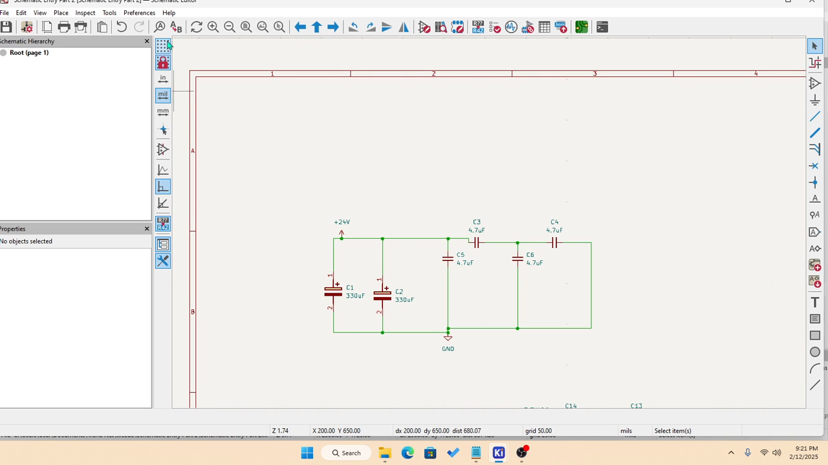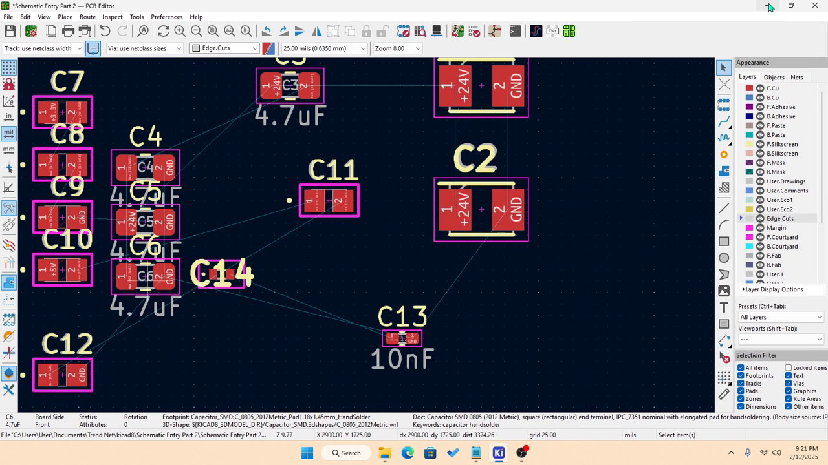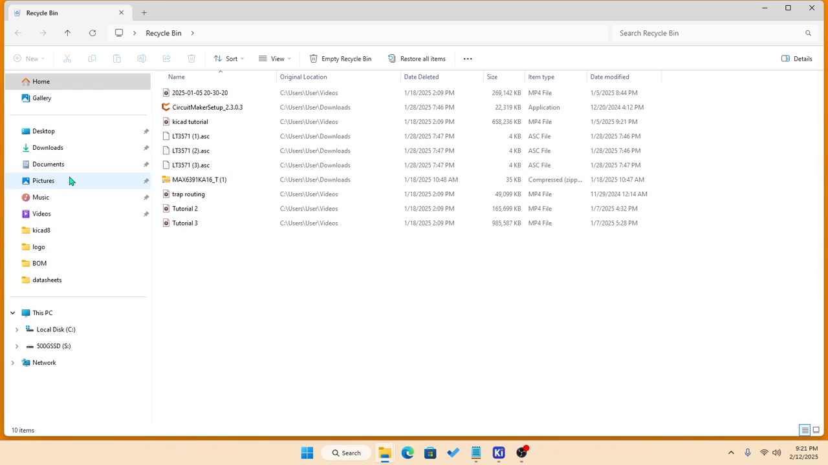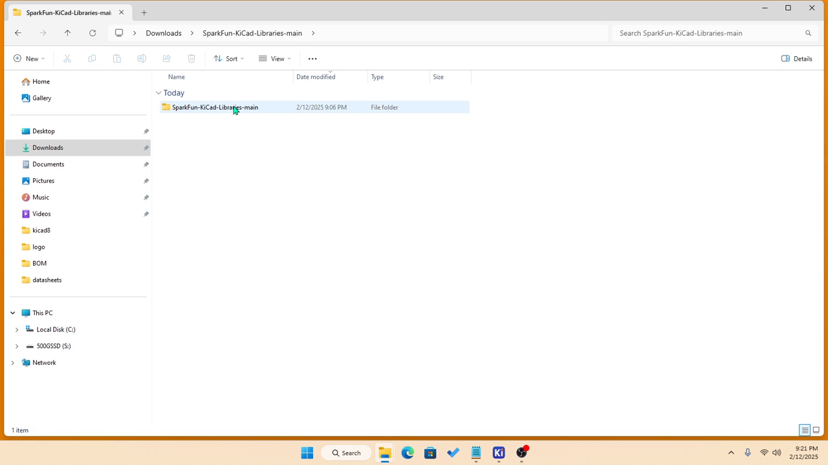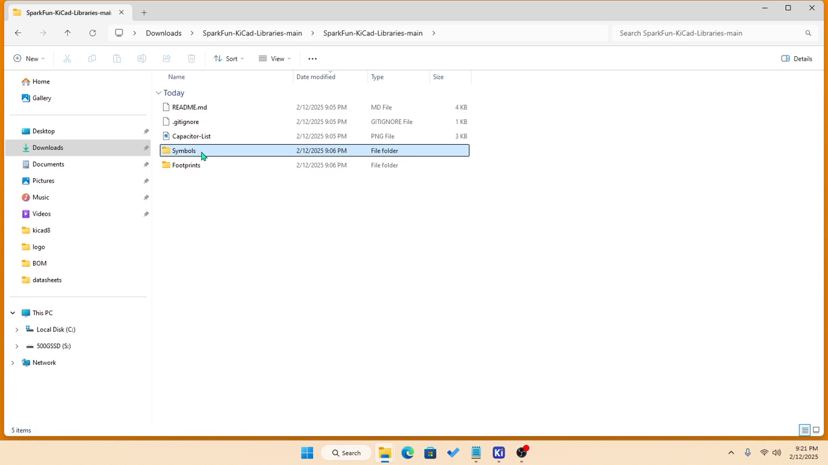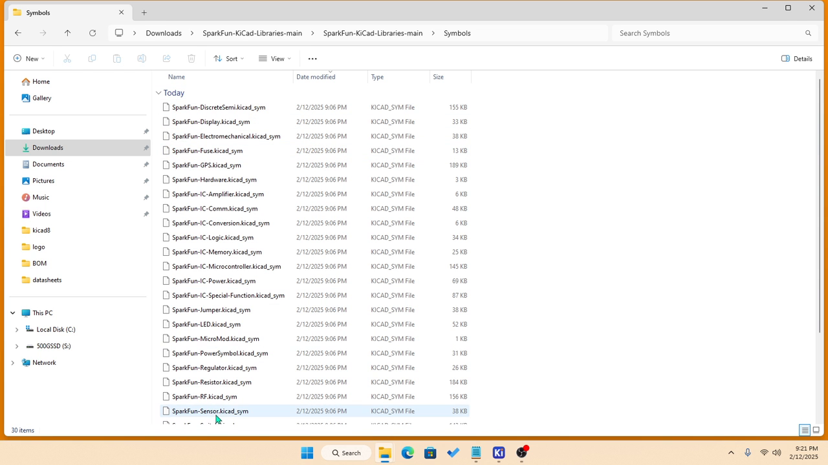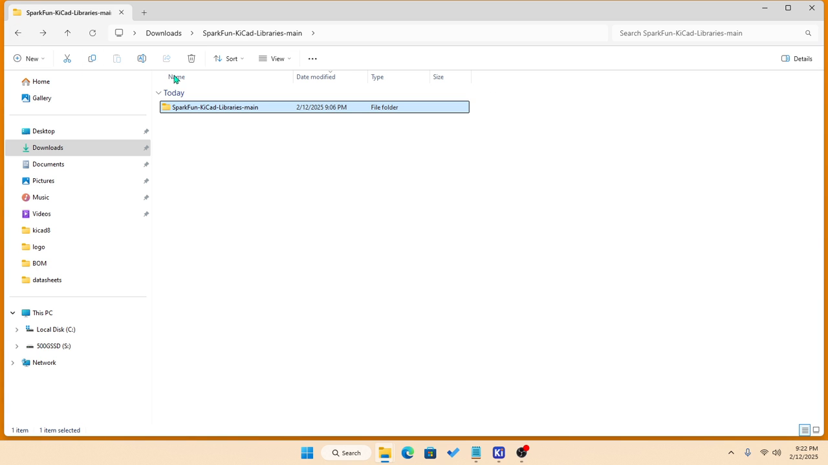Libraries. Okay, so I downloaded the SparkFun library. So if we go to downloads, I went to SparkFun libraries. I extracted, and we have symbols and footprints, but within the symbols, you see all these libraries over here. Okay, so to keep it,